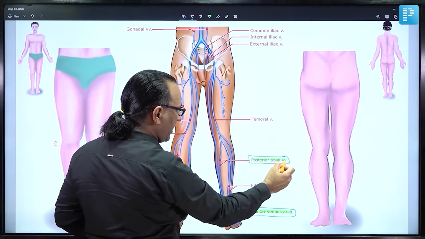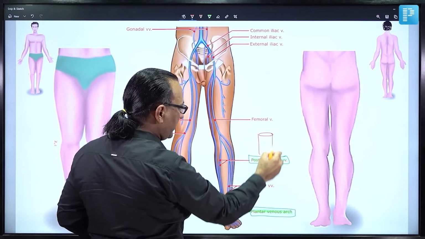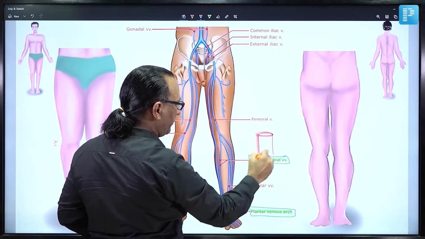There is a posterior tibial artery which is bringing the blood from the heart towards the periphery. And sandwiching this posterior tibial artery, you'll find there are two veins having the same name, posterior tibial veins, which we can show here. And they are known as venae comitantes. This term, venae comitantes, is a general term which is applied not only for posterior tibial veins, but any other veins like fibular vein or anterior tibial veins, because they are all running in a pair, sandwiching the corresponding artery